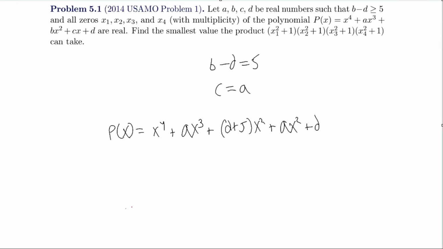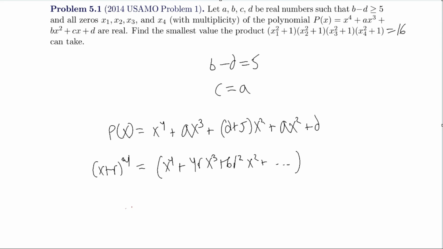And if all the roots are the same, then we know that it's like x plus r to the 4th, which is equal to x to the 4th plus 4r x cubed plus 6r squared x squared plus so on and so forth. And the point is that if all the roots are equal, actually, then if we want this to be